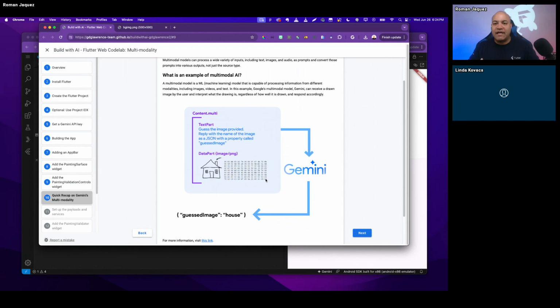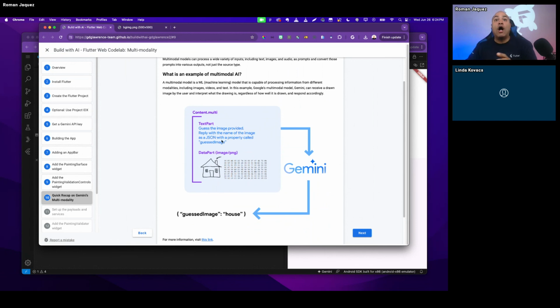Data parts is kind of like a catch-all that you can just send a bunch of bytes through it, but you need to specify the MIME type of what you're sending in this data part. In our case, we're going to be sending a sequence of bytes, which is our image already converted as a sequence of bytes. We're going to say that this is an image by specifying the MIME type